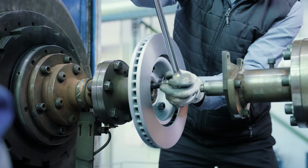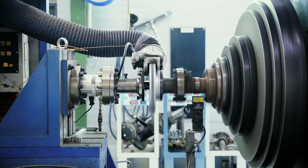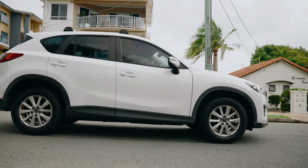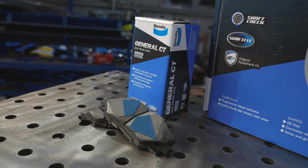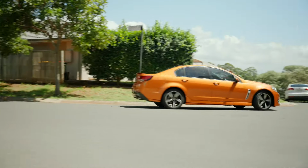Bendix General CT disc brake rotors utilise high-quality metallurgy to provide added longevity and value with improved heat dissipation for reduced brake fade. Bendix General CT brake pads utilise Stealth Advanced technology and ceramic technology for quiet braking, smooth operation,